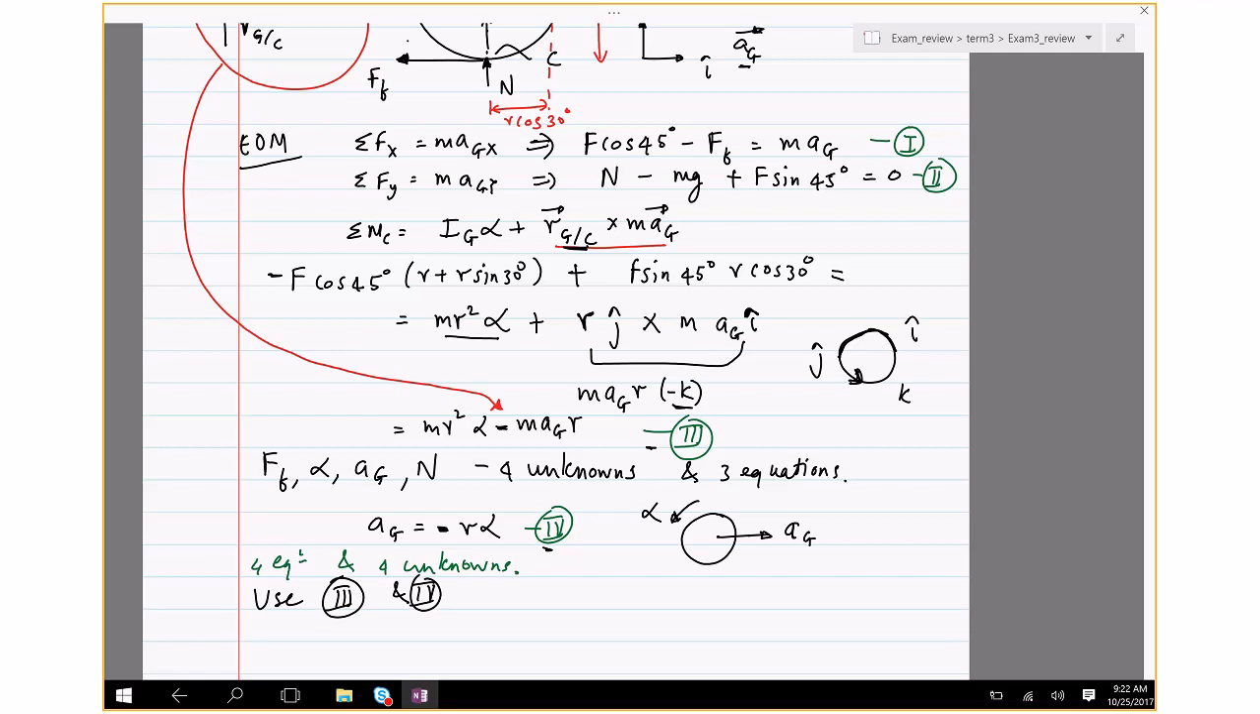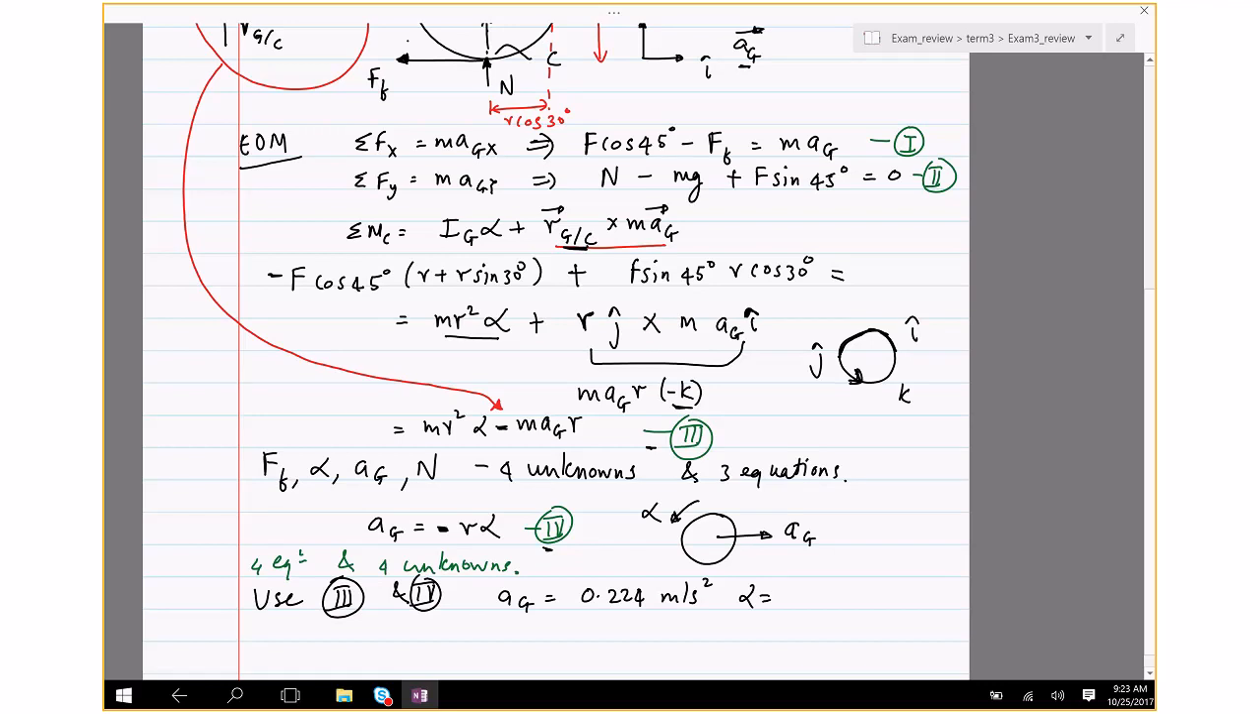I know M, I know R, and on top F cosine 45 is known, F sine 45, everything is known here. So I can solve for alpha using equations 2, 3 and 4, and you should try this out. Let us solve for AG and alpha. AG comes out to be 0.224 meters per second square, and alpha comes out to be